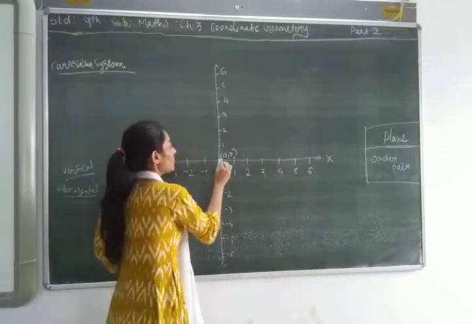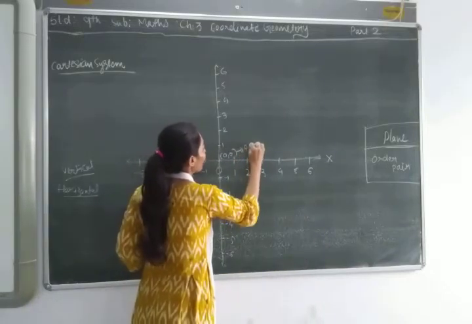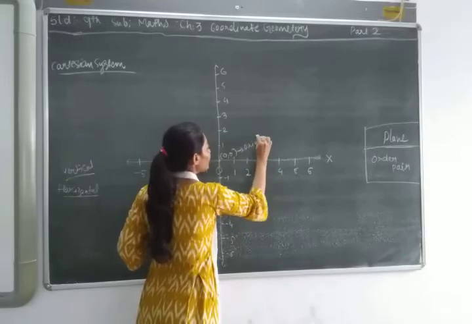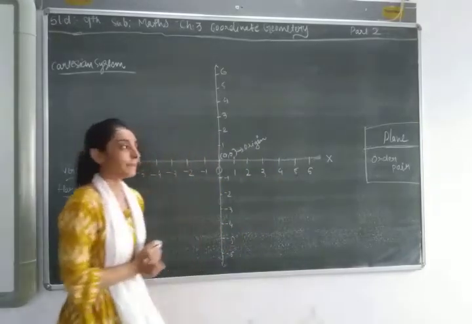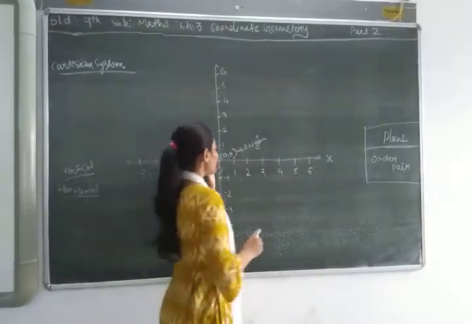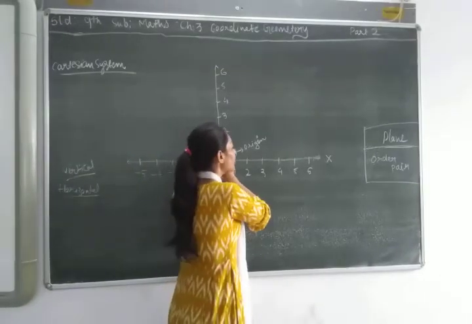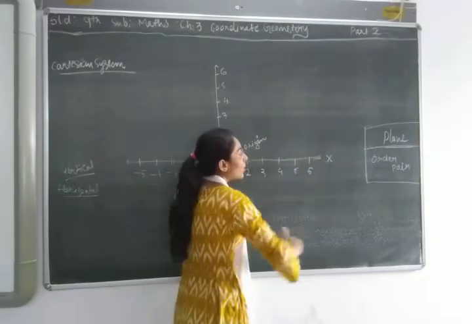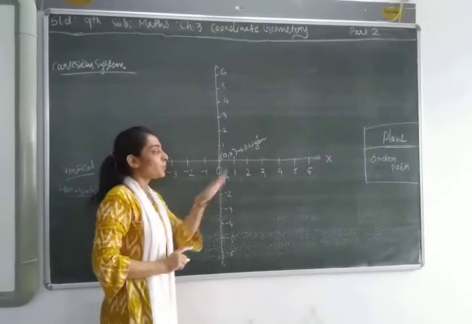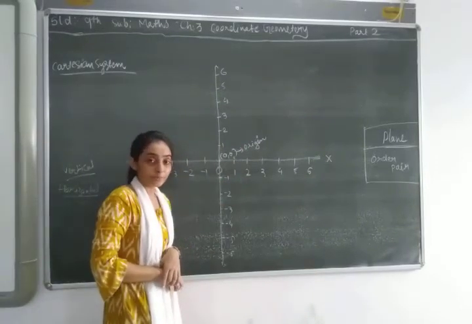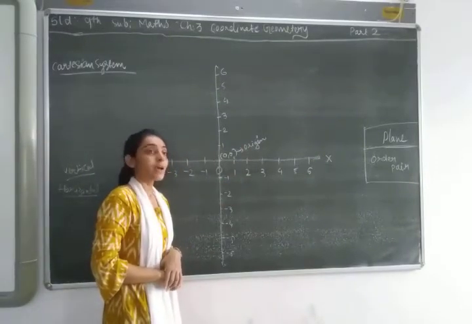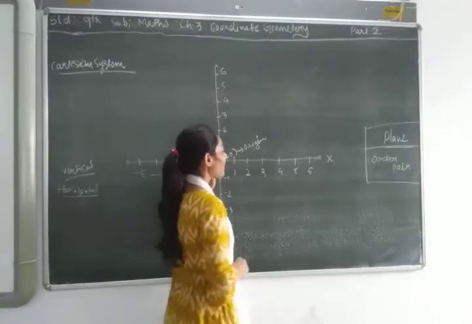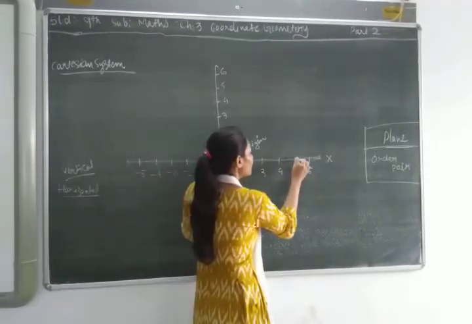So this one is the origin. Now, from the origin to the right hand side, all the x-axis points are positive. All the x-axis points are positive. For example, the points I am taking, say